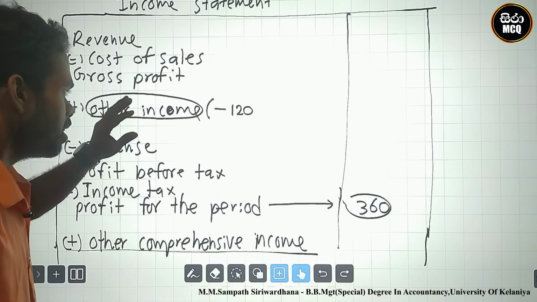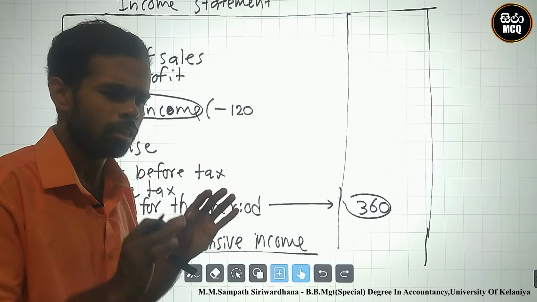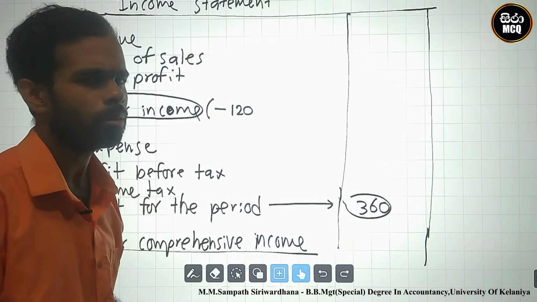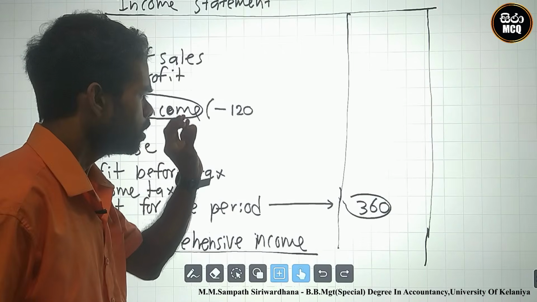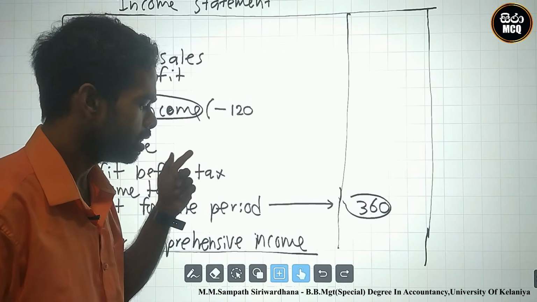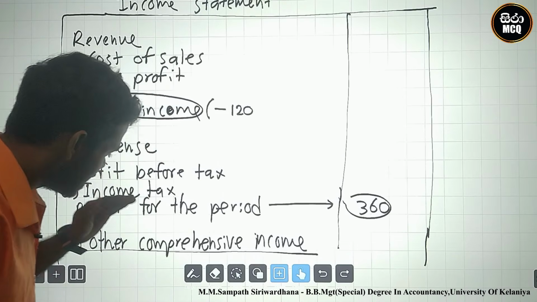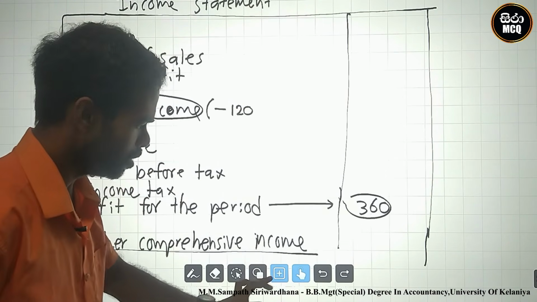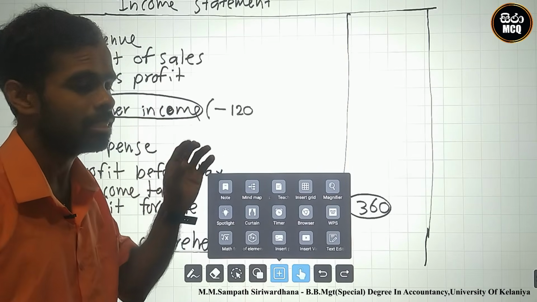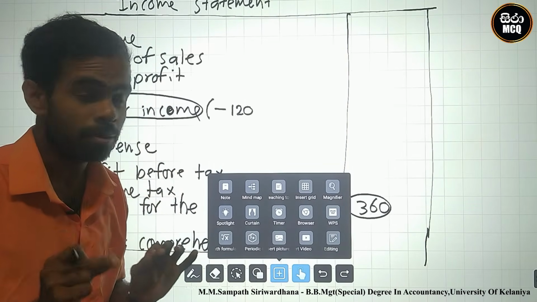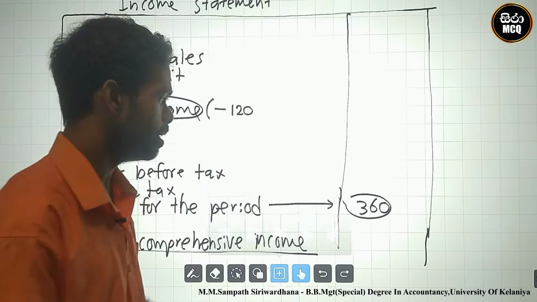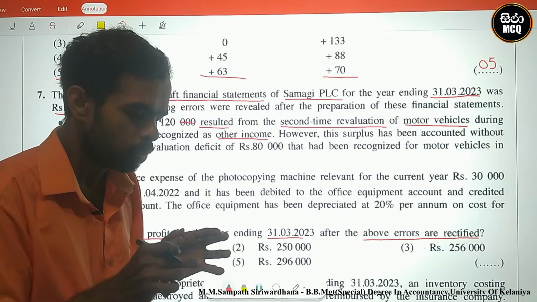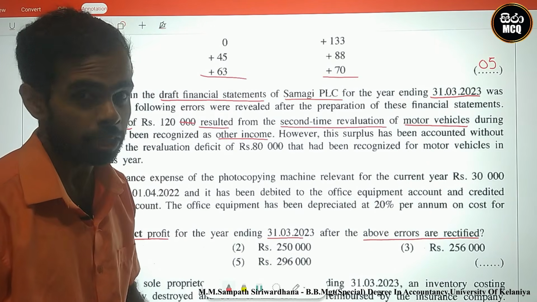The other income is an amount to which they added the revaluation surplus. We must eliminate this 120 surplus. Why? Because this is recognized in expenses or other comprehensive income. Okay, let's see the question. Therefore, firstly I eliminate this revaluation surplus from other income. After that we can correctly include this revaluation in the income statement.